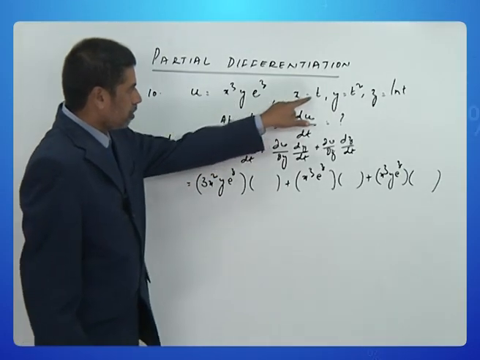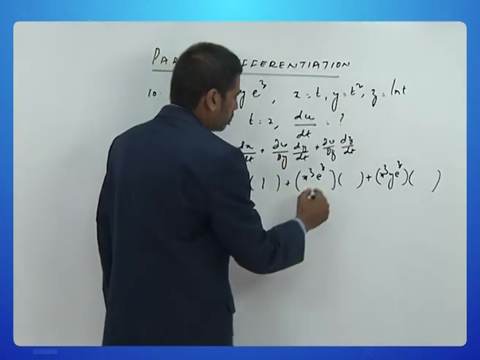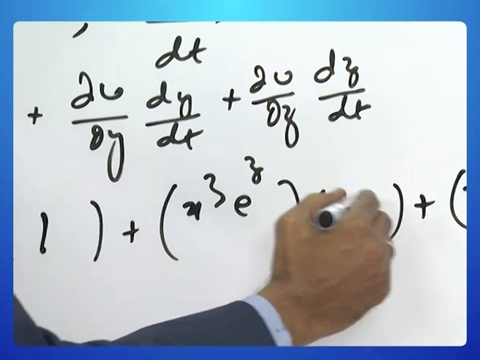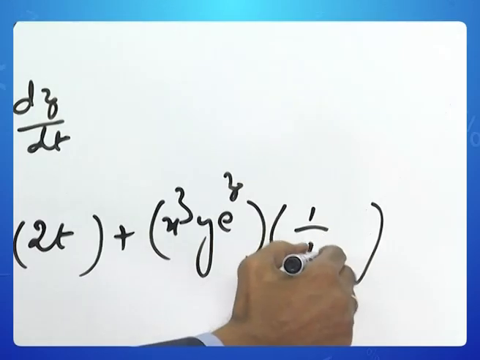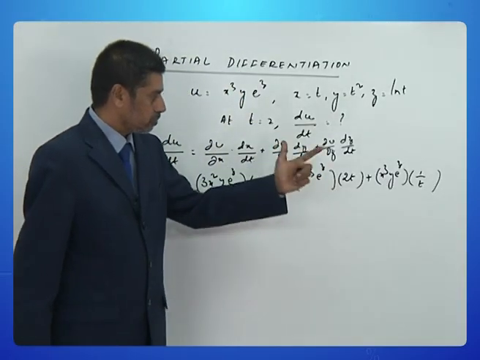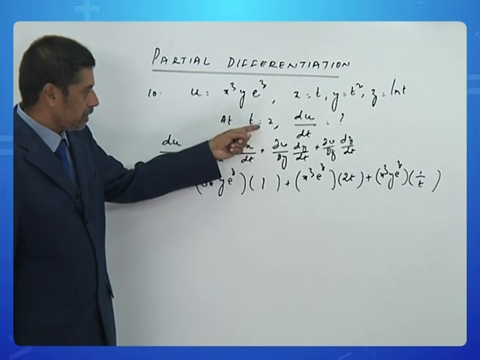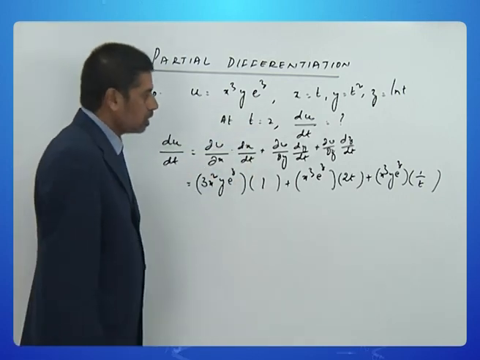dx by dt will be 1, dy by dt will be 2t, and dz by dt will be 1 by t. So the basic differentiation part is over. Now we want at t is equal to 2 the output of all these things. So let's